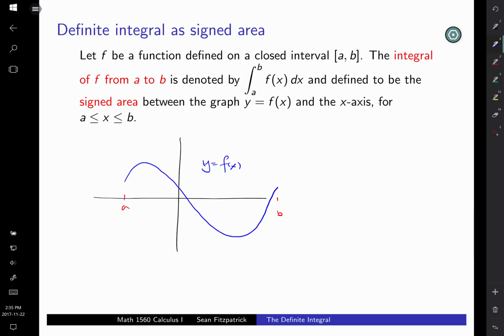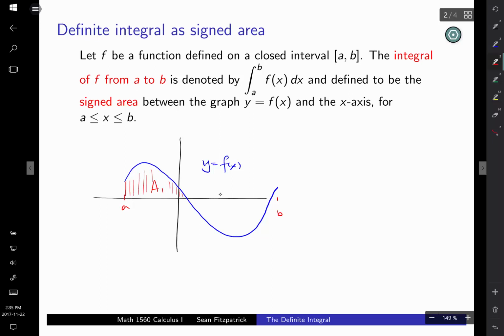But most functions are going to be, in some places they'll be above the x-axis, some places they'll be below, right? They can be both positive and negative. So what you do is you come up with this idea of signed area, total signed area. So you have this area 1 here,